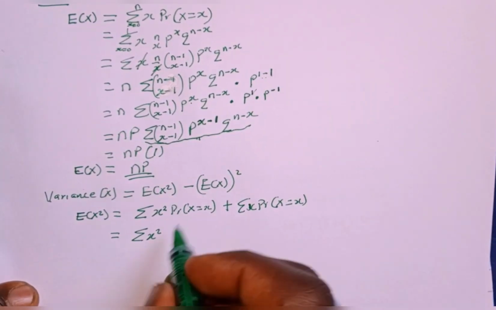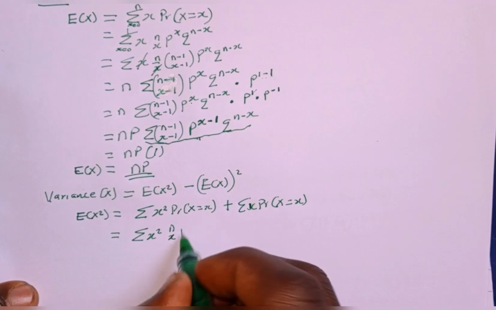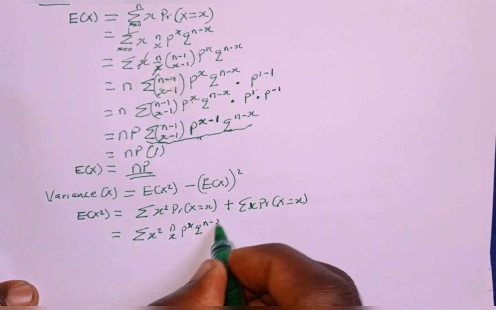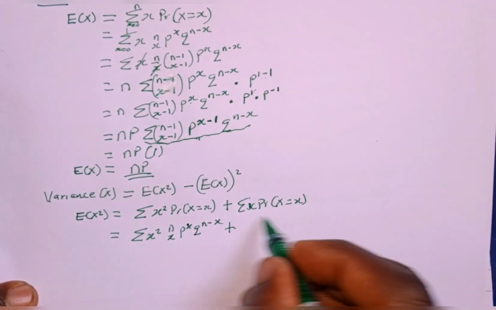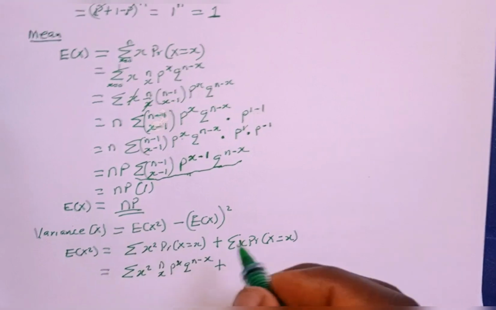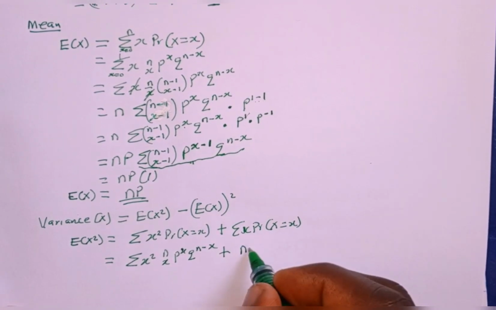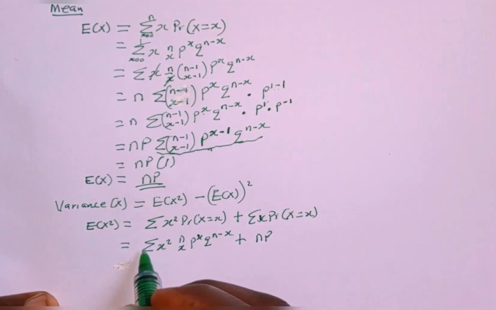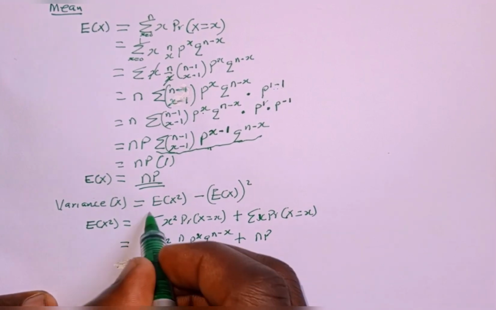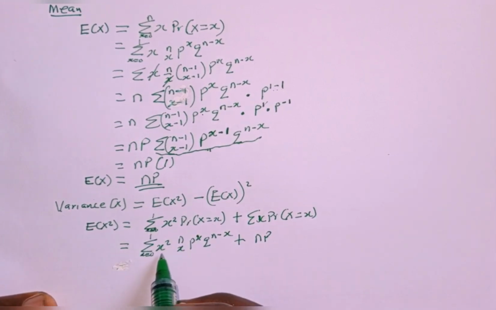So in place of this is going to be what? n choose x, p raised to the power of x and q raised to the power of n minus x, plus, remember, this is the expected value of x, which we found to be np. So we just replace np. See, remember that x is raised from 0 to n. Now, to get this, x